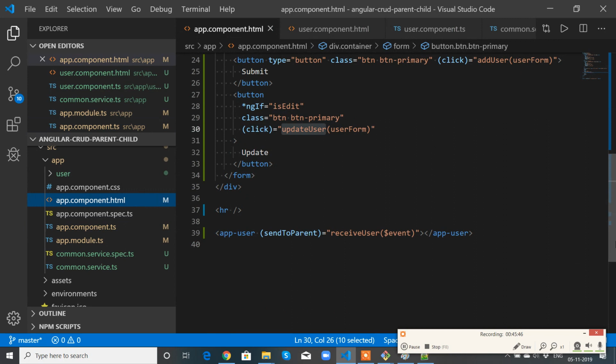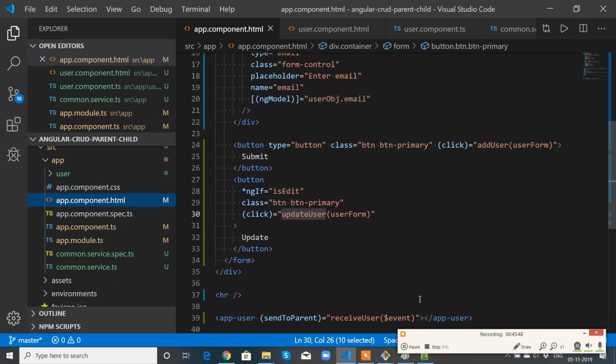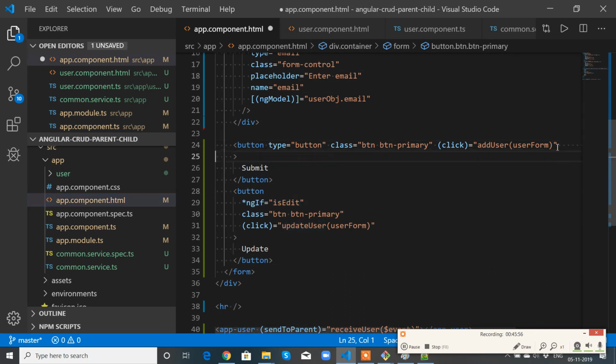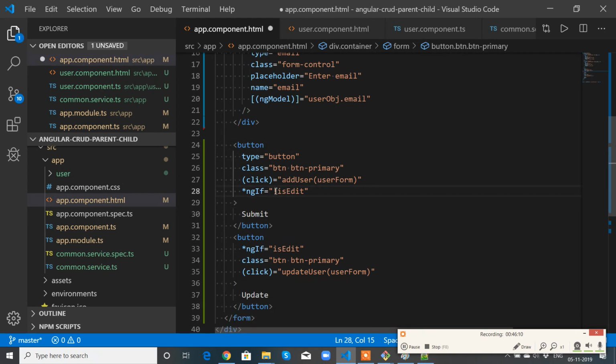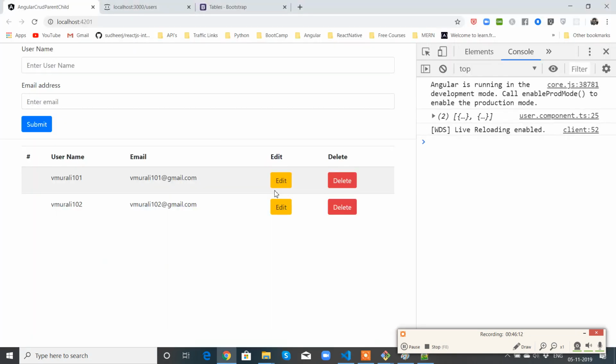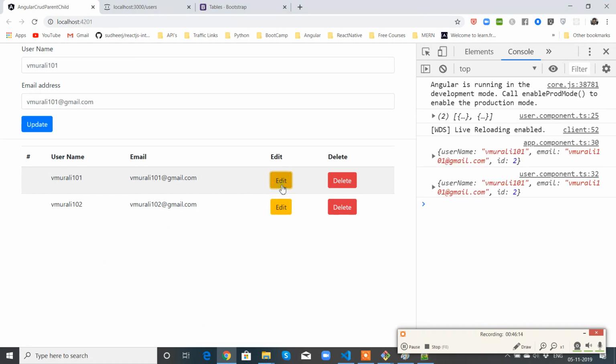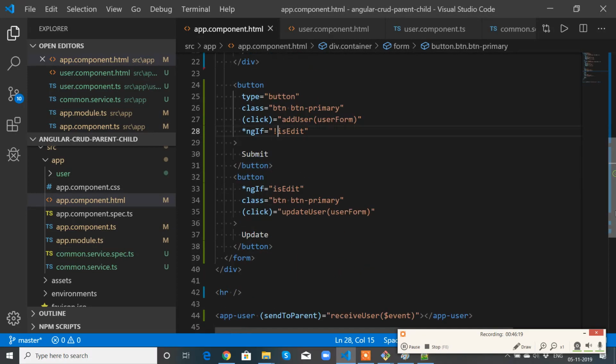So this update button has to be visible when is edit is true, and the edit button has to be visible when is edit is not true. See, perfect. When I click edit, super. Once you click on the update button,